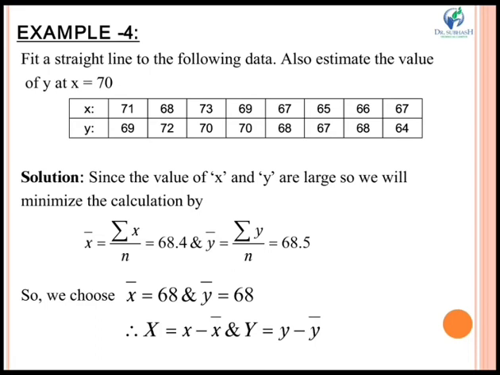I will find the total for all the values in the table. I will do the total for the corresponding columns, and I will put these values in equation 1 and 2, that is our normal equations, and I will solve this using the elimination method. You can also use the matrix method, that is row echelon form, to find the values of A and B, or you can use any other method whichever is easier for you to understand. Usually we use the elimination method to solve these equations. Now let us take one more example.